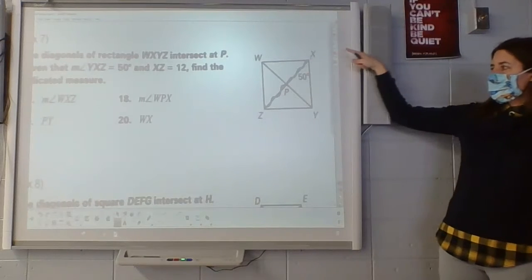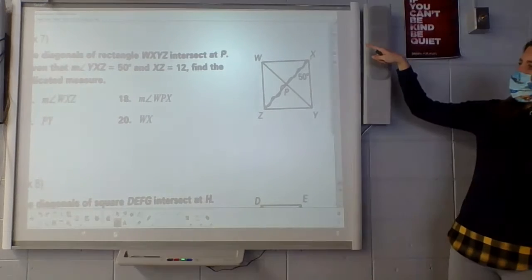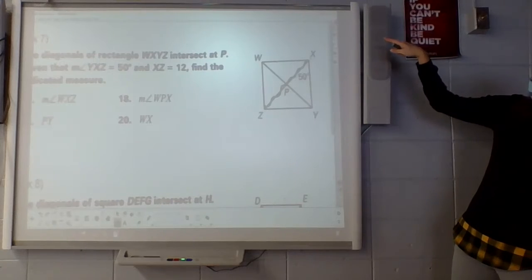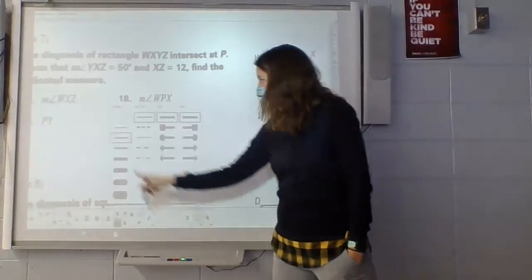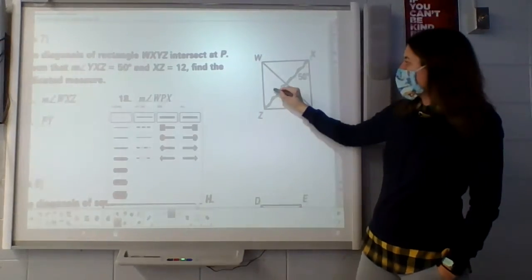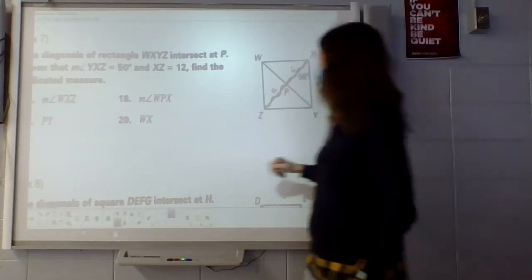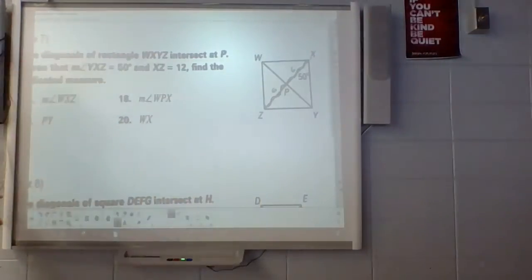If that whole line is 12, remember that it does break up into 2 equal pieces in a rectangle, so I'm going to write 6 and 6 here. Alright, so